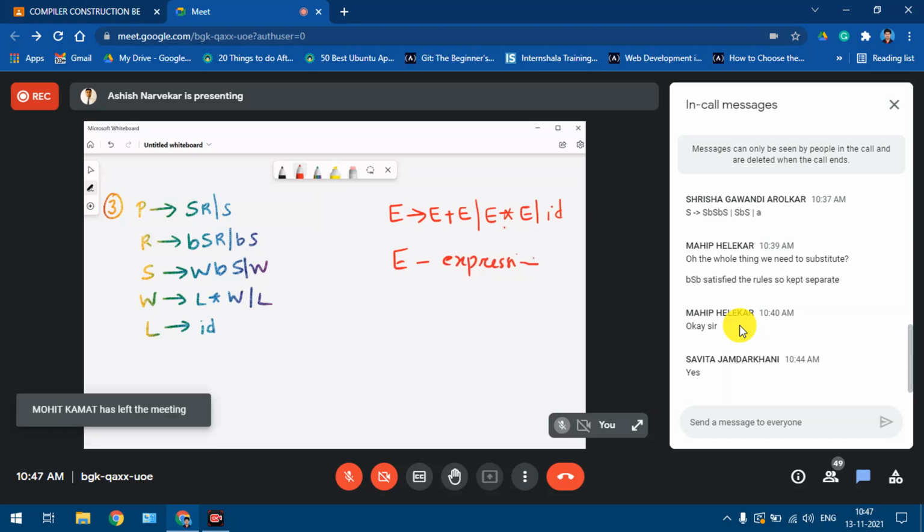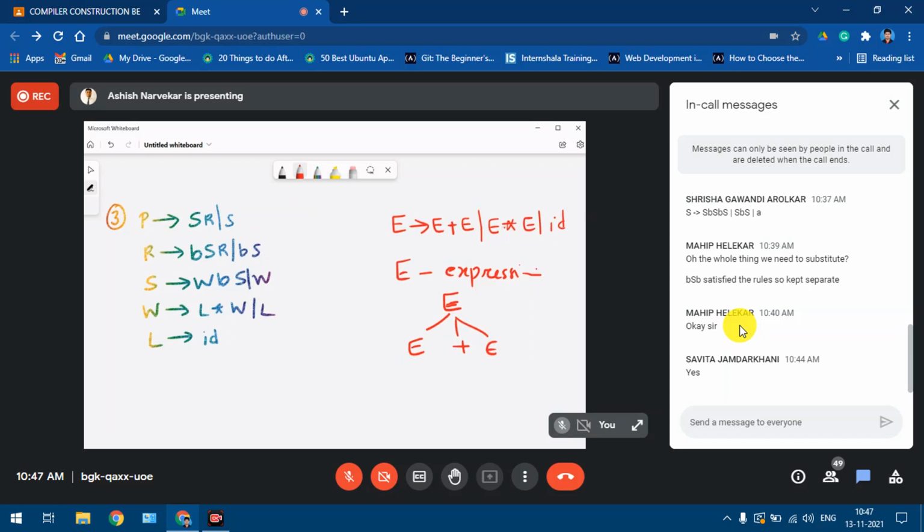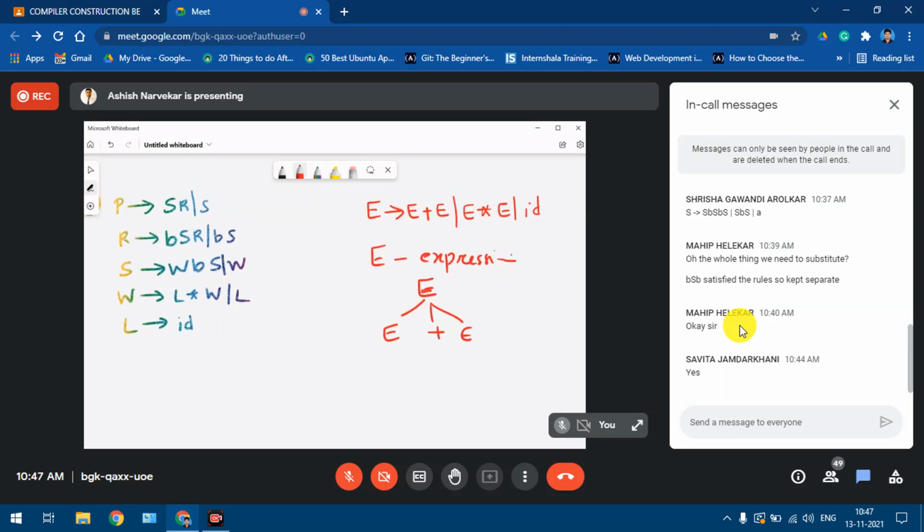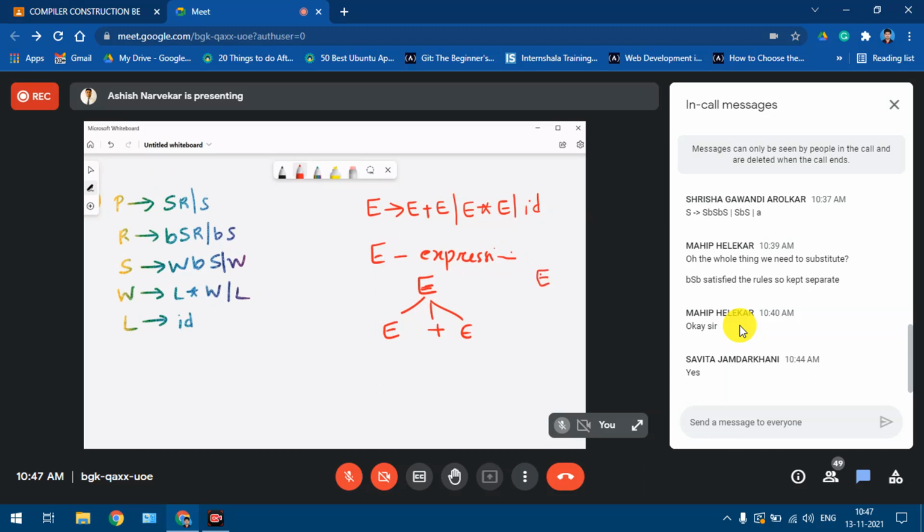Okay. So it's something like we can have an expression which is defined in terms of E plus E, or we can have an expression which is defined as expression multiplied by another expression.